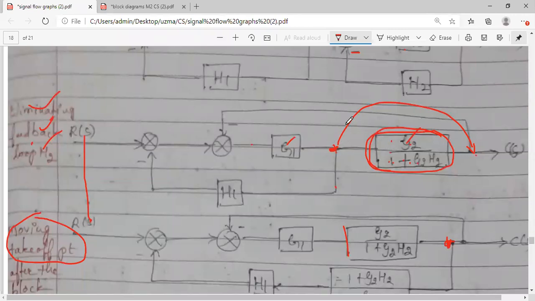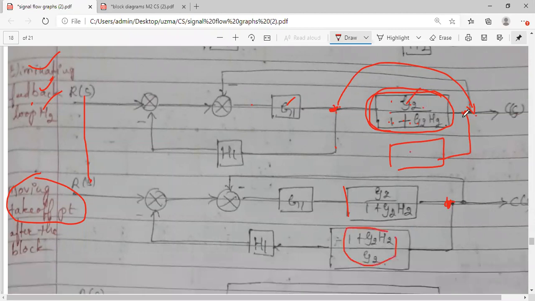तो मुझे क्या करना है? If I shift this after the block, यहाँ से जो line आएगा, a new block will be introduced here, and what should be the inner content? The reciprocal of this, 1 divided by. So I have done that. ये जो take off point के path में और एक block introduce होगा, that value is the reciprocal of this. And as it is, बाकी का क्या है? Take off point से earlier you had H1 also, तो वहां से आप continue करो H1. बाकी सब same. Even this also you have to draw as it is.